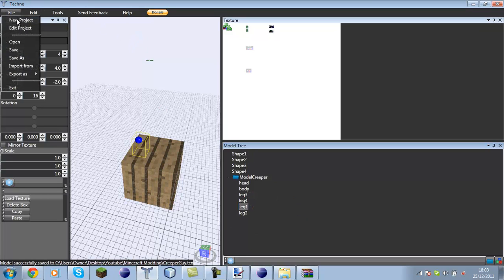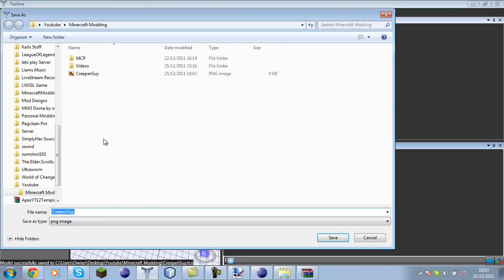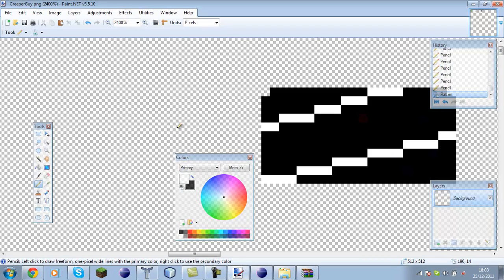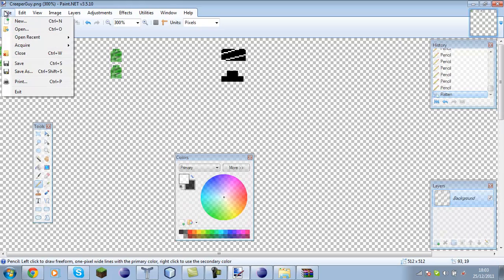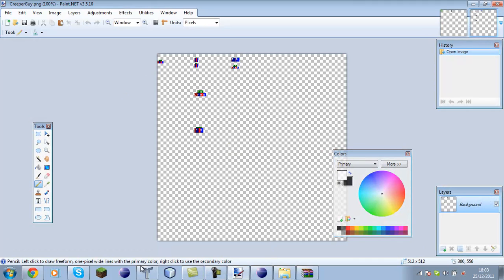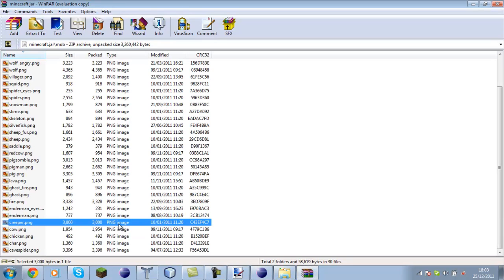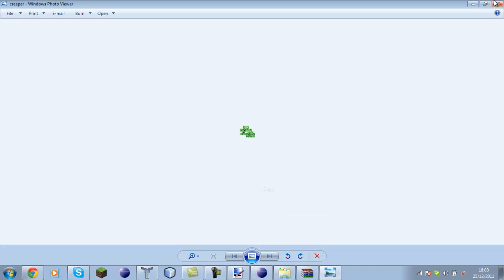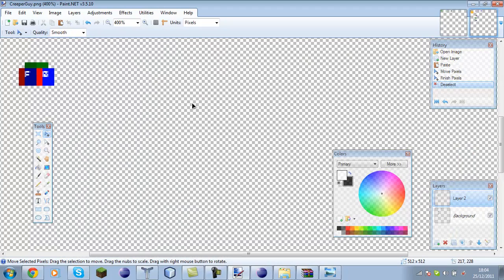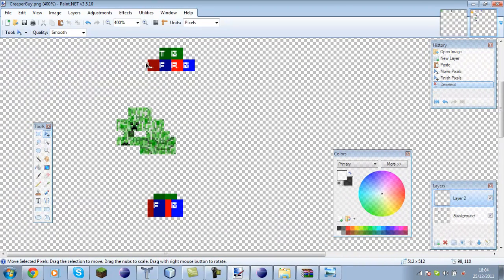Control S, file, export as texture map, and go back into here, file, open, reopen it, then open this up again, copy, minimize, minimize, paste, zoom in. So this is the head, so this will need